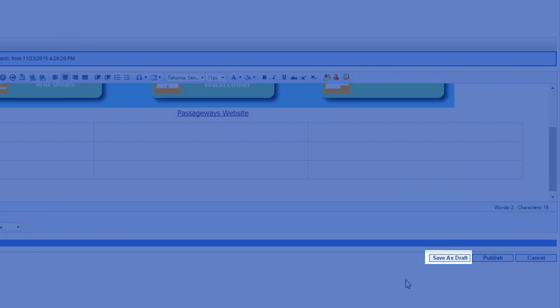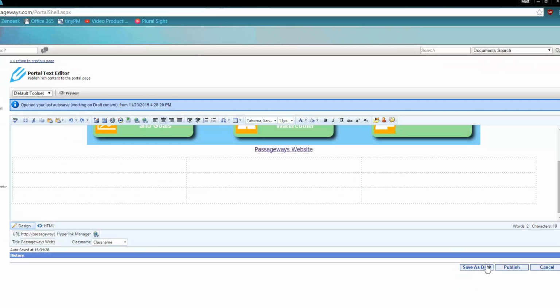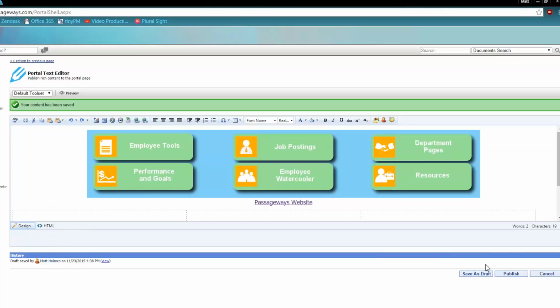Save as draft can be used to temporarily store your unfinished work. If we click this button, our changes will be saved, but they will not yet be displayed on the island. This is useful if you need to change a large amount of content and can't finish it all in one sitting. This can also be used to make changes ahead of time so that they can quickly be made live whenever you choose. Now that our content is saved as a draft, whenever we attempt to edit this island again,